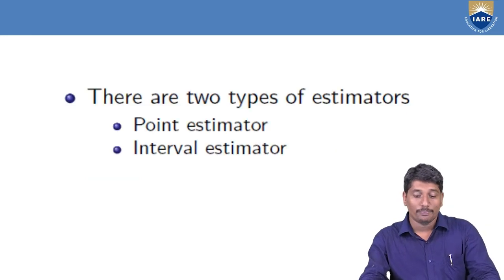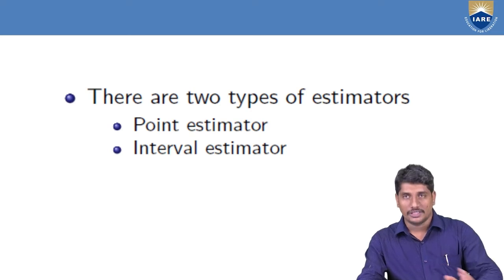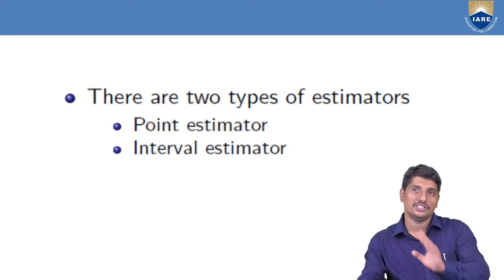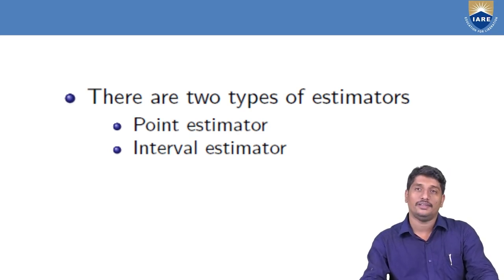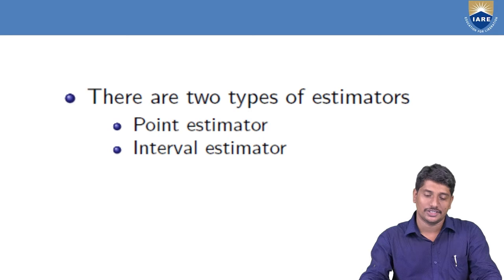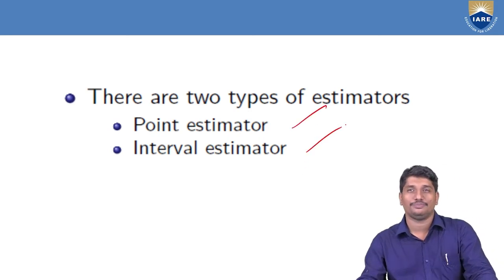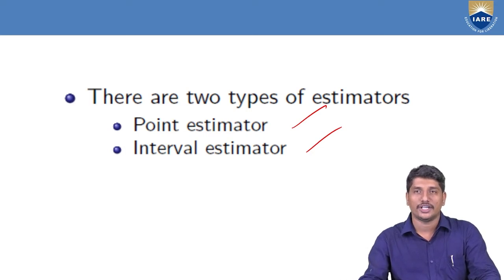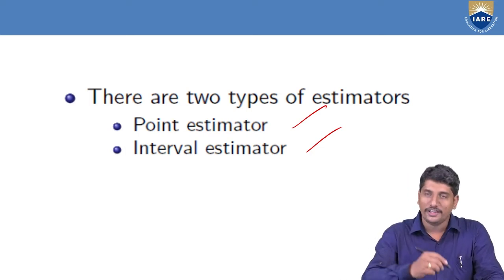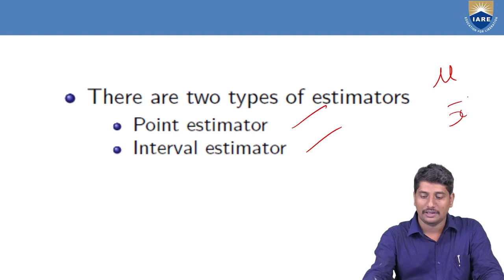Now what are the different types of estimates, or different methods of estimation? Basically we have divided the methods of estimation in statistics into two types, namely point estimation and interval estimation. What is the basic difference between point estimation and interval estimation? In point estimation, we try to find the value of mu with the help of the sample mean x bar,